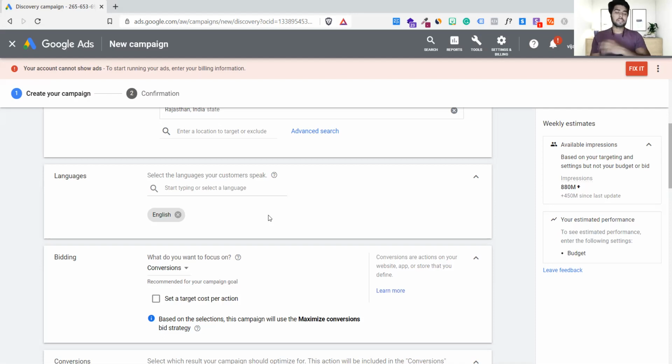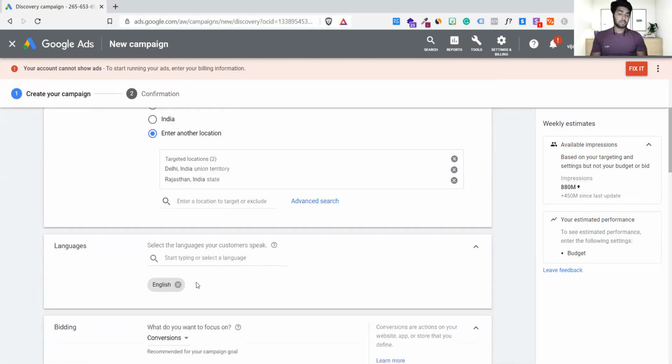Those who are using a lot of Hindi and are not able to read much, I don't want to show the ads to them, because they must have seen our ads but couldn't reply as it's in English, of course. So keep it English by default. If you want to change it, change it.